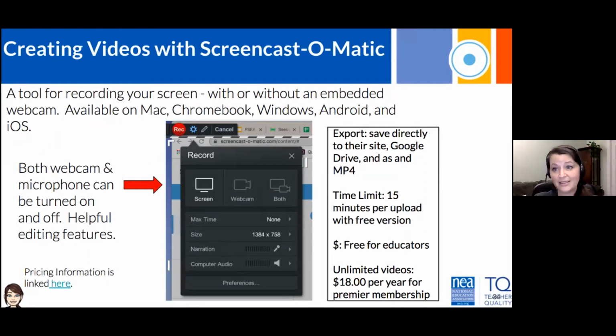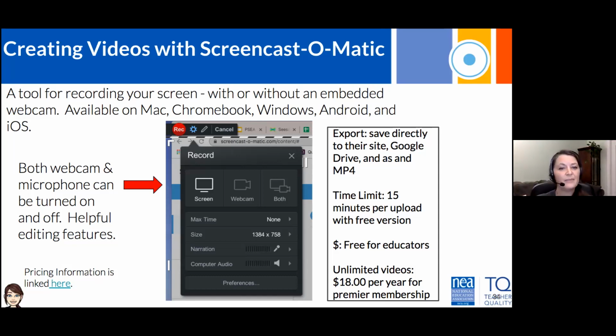I am cheap and I like to get things free because, hey, I'm a public school teacher and I don't make $4 billion a year. So I like Loom because it's free and they give that special perk to public school teachers, which is kind of nice. Screencast-O-Matic has a nice version as well. It has a good free version. You still can get a free teacher account, but they have that 15-minute cap, just like Screencastify has a 5-minute cap. Screencast-O-Matic for Kelsey does go directly to Google Drive. You can download it. You can save it as an MP4. You can have unlimited videos for $18 a year, which is pretty cheap too, if you think about all that you get with it.